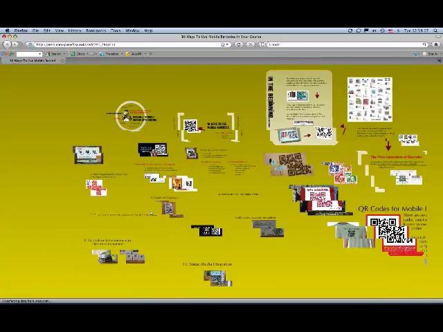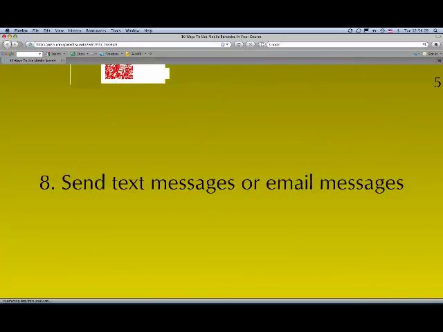Okay, so we have another way is through text messages or email messages. Now, one thing that people may not realize is that QR codes don't have to be static. They don't have to be just a link to a URL. You can actually get them to do things. If you use the site QR Stuff, there's a list of a bunch of different ways you can use a QR code, from automatically sending text messages, email messages, checking in on Facebook, sending tweets. You can even have it point to a map,